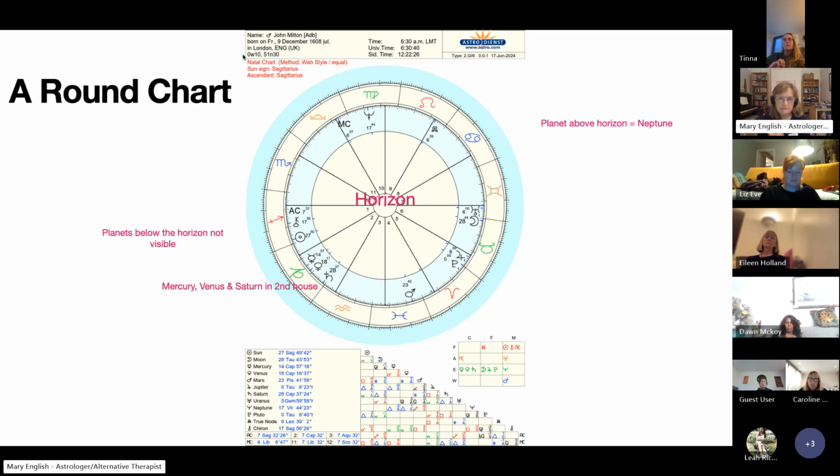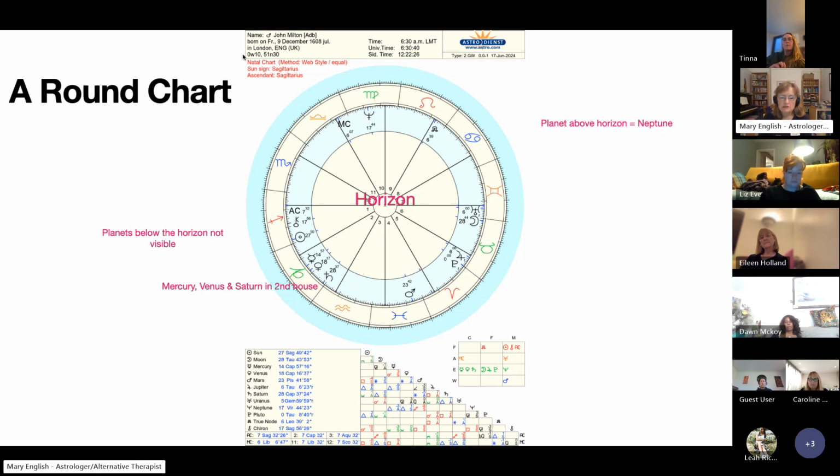So John Milton was a poet, and he was born in the year 1608. If you use Astro Data Bank for doing charts, anything before 1700, there are two different calendar systems, because the calendar systems were changed. There's one called Gregorian and there's another one called Julian. And this has been created using the Julian calendar because that's what they had back then. But anyway, it's just a history lesson.